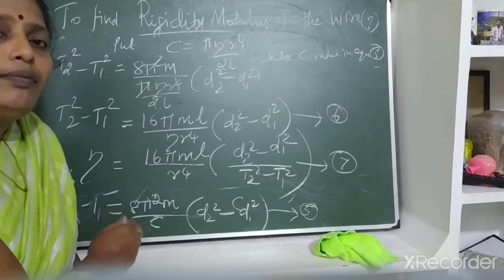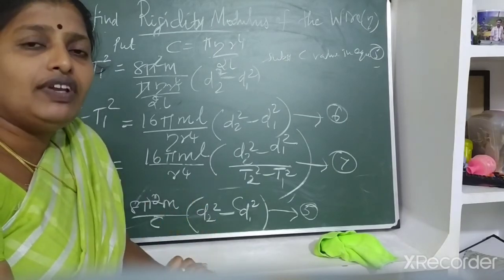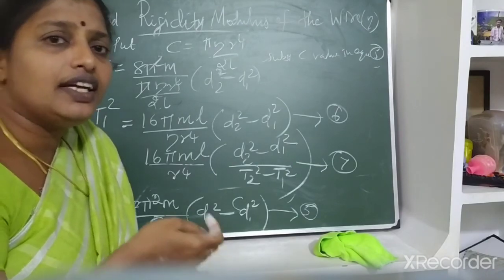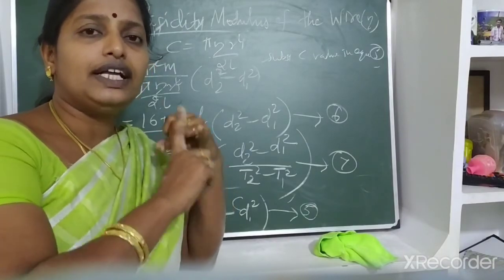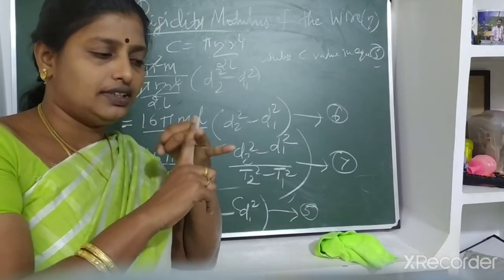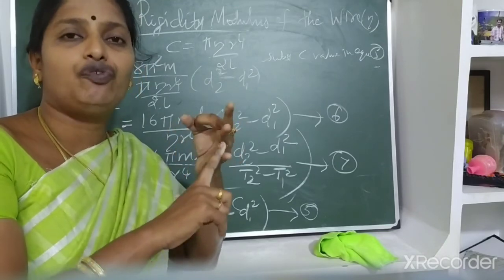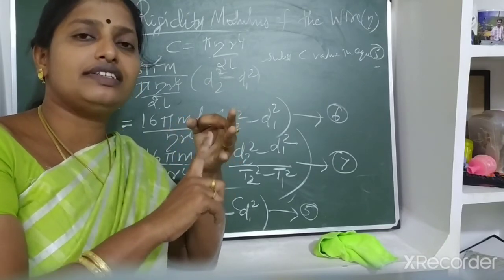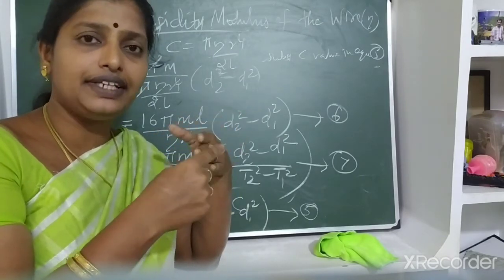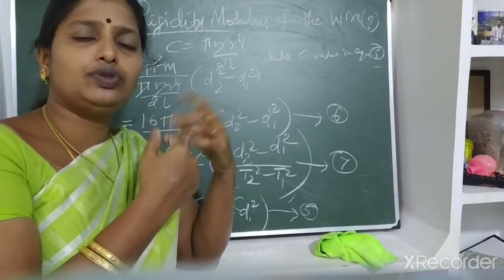Okay friends, continuing the previous class. First, using the torsional pendulum, find the time period T. Second, the moment of inertia of the metallic disc or body, and third, the rigidity modulus of the wire. These three equations are found. That is a big question, a 16 mark question, where the derivation can be considered as half, 8 plus 8. The marks depend on the question, or 2 mark questions may be given.